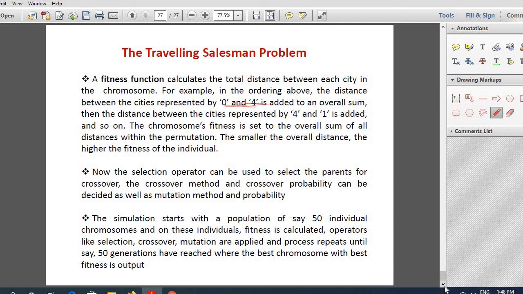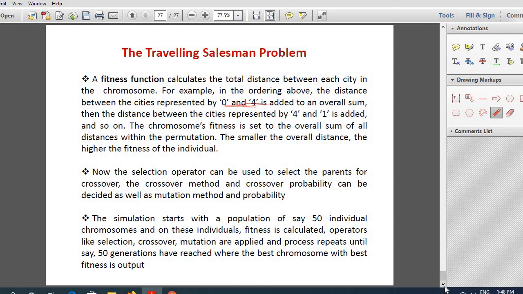Similarly, for all the other individuals or solutions, distance can be calculated. So based on the distance, fitness can be given. The solution with the least distance will have the maximum fitness. So fitness values also can be assigned. Based on fitness, you can select your own selection method for selecting the parent.